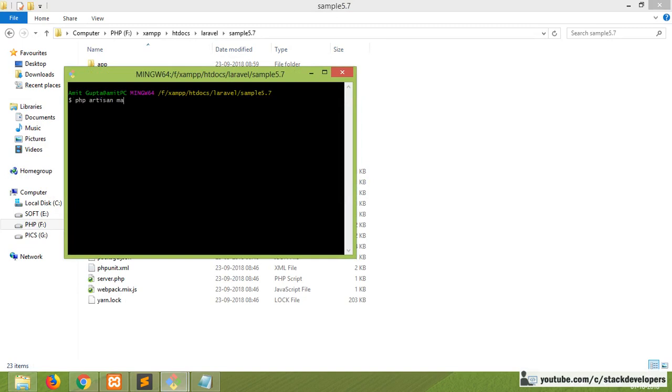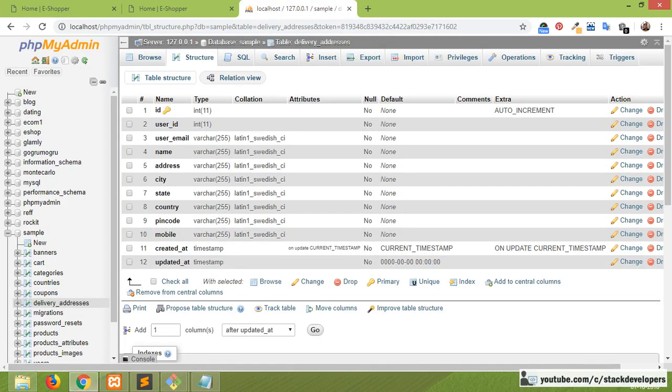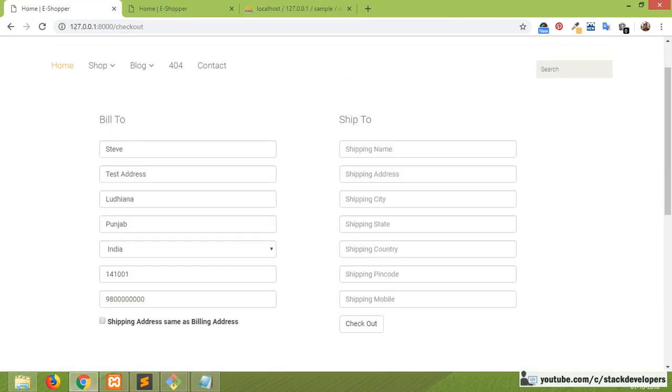PHP artisan make model delivery address. Fine. Okay, see, modified successfully. Now this one we can use here. Our delivery address table and model is ready. Okay, so now we can continue with it, but first of all, before saving these fields,